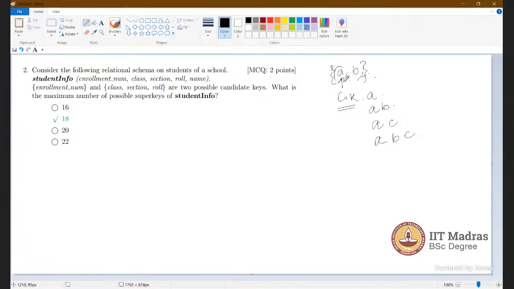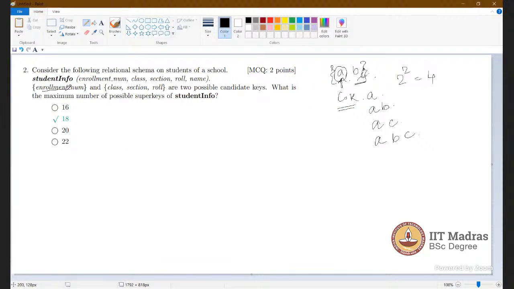So if A is the candidate key, then the number of possible super keys is based on the remaining number of attributes, that is 2 to the power 2, which is 4, right? Up to this is clear.